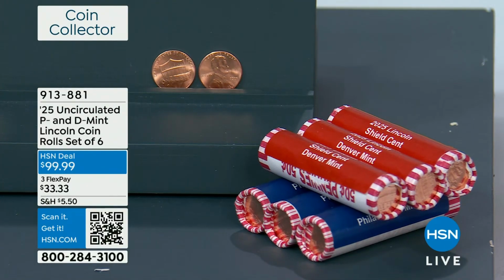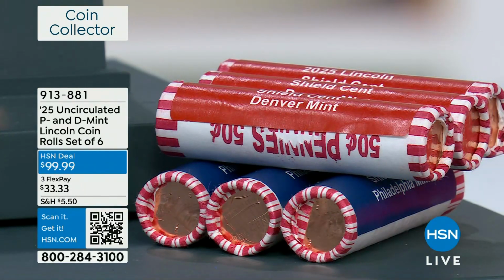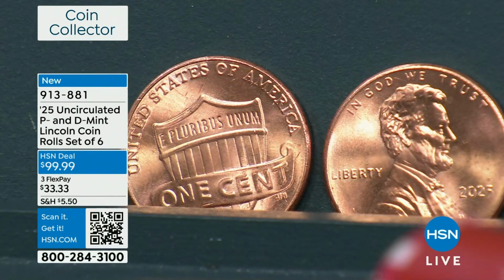So now we're going from 1 roll each to 3 rolls each of the 2025 uncirculated, and we're going to take it down to $99. So wow, you're down to...